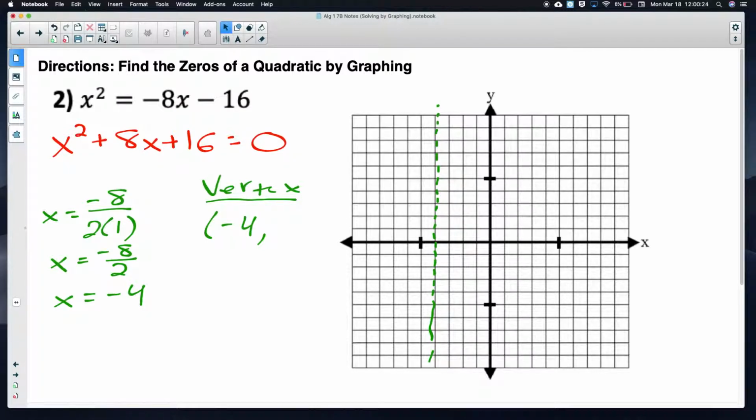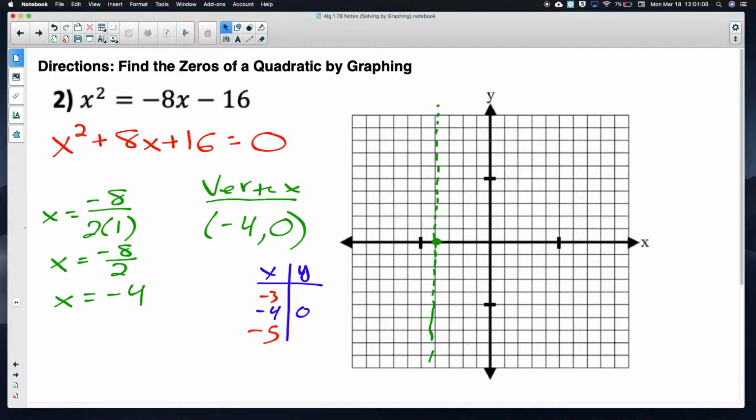So I'm going to plug that in, and I'm going to end up getting out 0, which means that this point, (-4, 0), is on my parabola. Well, if that's my vertex, that's either going to be the highest point or the lowest point. To double check that, let's create a table. Now let's figure out what's going on. So we got (-4, 0). Let's plug in negative 3. And then with symmetry, we know what happens when we plug in negative 5. So if I plug in negative 3,